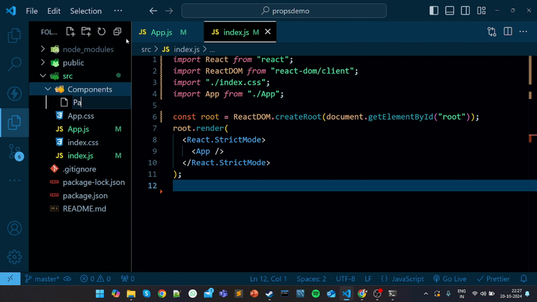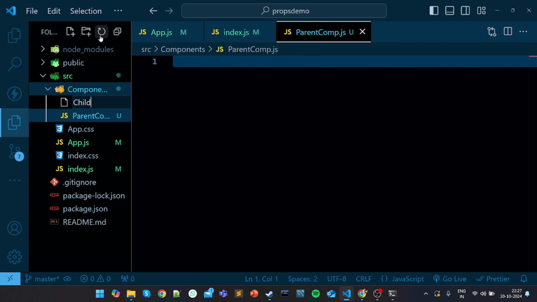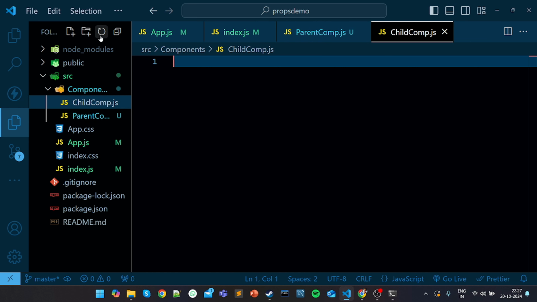One is the parent component.js and the second is the child component, childcom.js. So guys, remember that whenever you're creating a component in a React.js application, make sure that the component name starts every time with uppercase. Okay, right. So go to the parent component